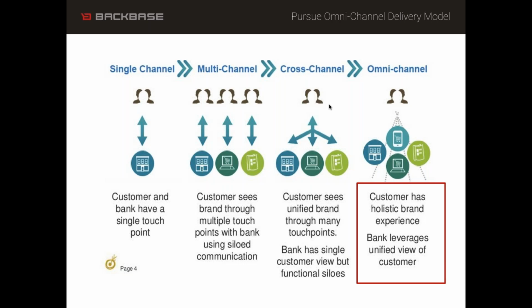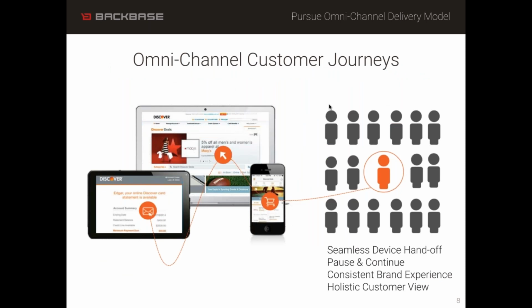And in the omni-channel world, omni-channel is, of course, a definition, and there's a lot of buzz around it, if you will. But the reality is, we want to see the exact same experience with banking. Interesting point. I think Amazon or Netflix wouldn't even talk about channels. They don't care. It's just customer first, a touch point, and regardless of the touch point, large screen, small screen, it doesn't matter. It will be a seamless customer experience. So to summarize this part, it's indeed customer first. The customer has a holistic brand experience, and for the bank to do this, you also need a unified and holistic view on who the customer is and how we can interact with that customer.